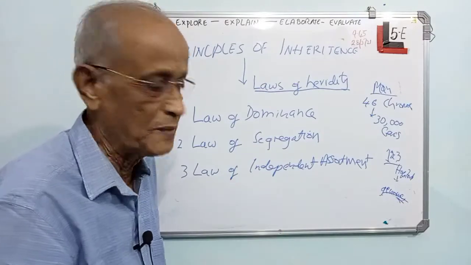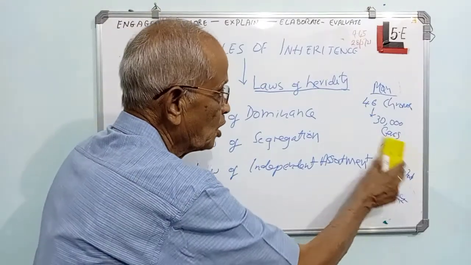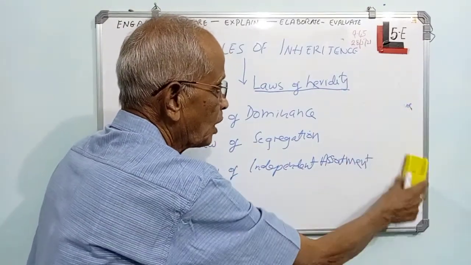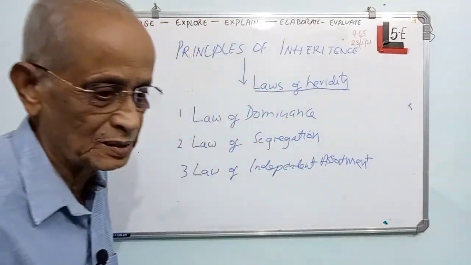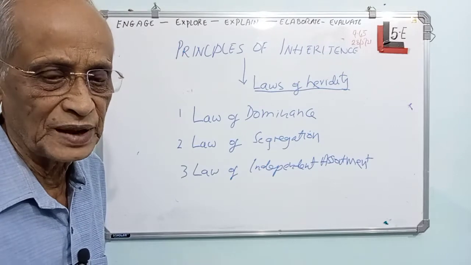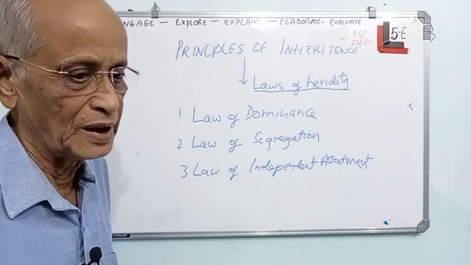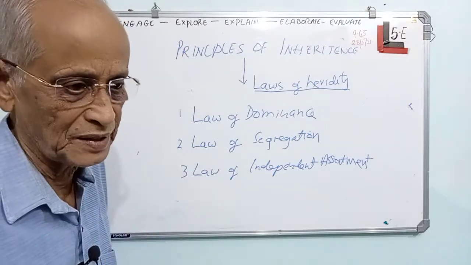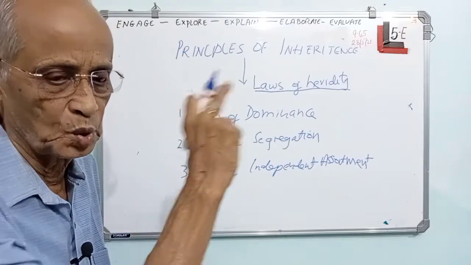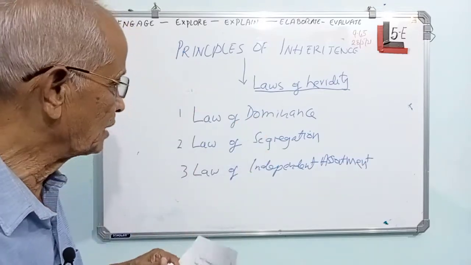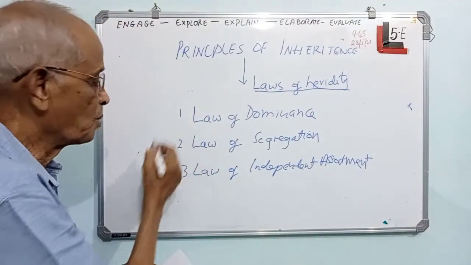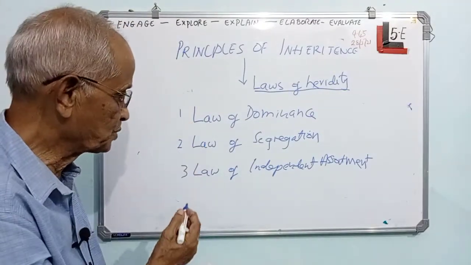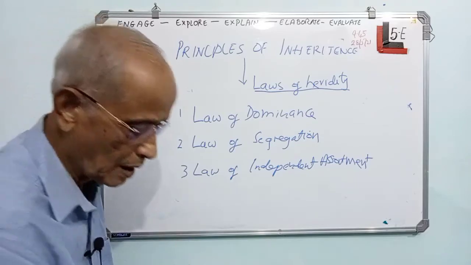So there are two genomes in human beings, and therefore it is very difficult to use these three laws of Mendel. But to some extent, we can use them even now in organisms like Drosophila, or some organisms where the number of chromosomes is less. For example, in Drosophila, only 4 chromosomes are there, where the number is 2n. Now let us try to understand what these three are: law of dominance, law of segregation, law of independent assortment.